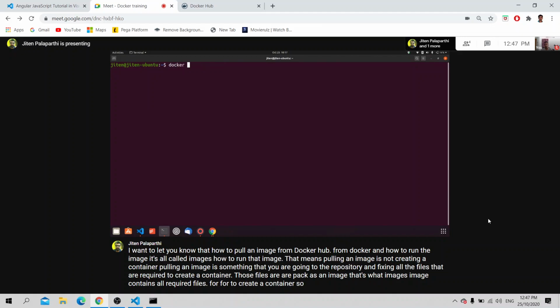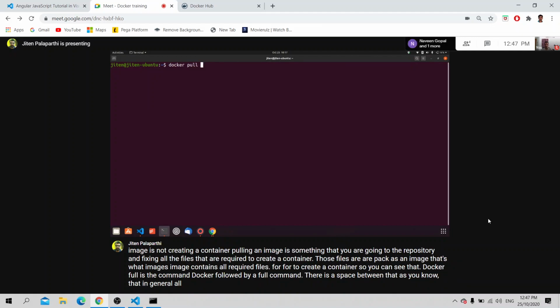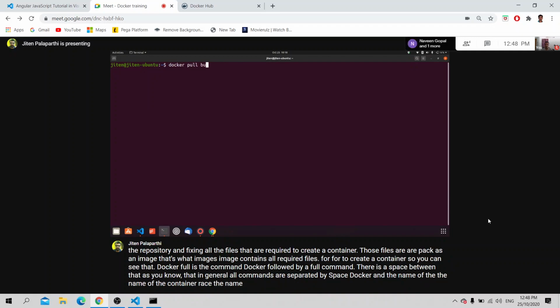So you can see that docker pull is the command, docker followed by pull, with a space between them. As you know, in general all commands are separated by spaces. Docker pull, and the name of the image is BusyBox.